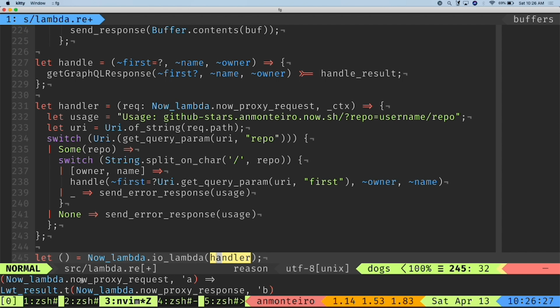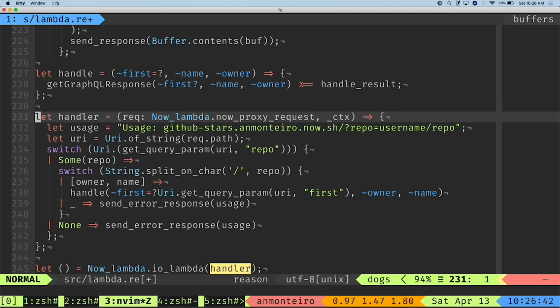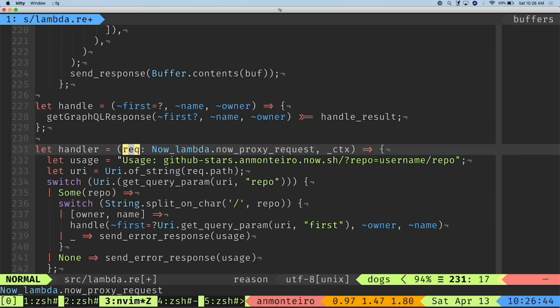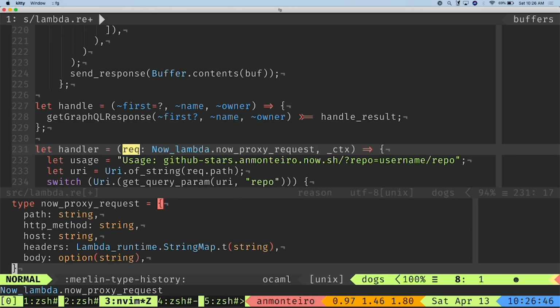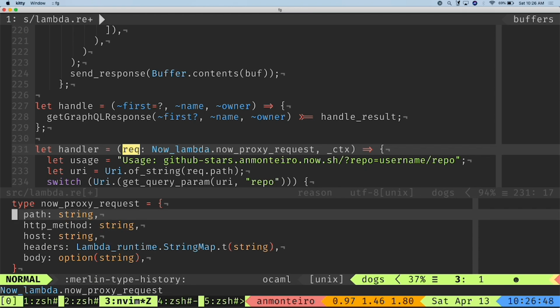So it takes a request, a context for that request, and it just needs to produce a result type of a now response. The request would be something like, right now it's just a record that takes a path, an HTTP method, the host, some headers, and a body,